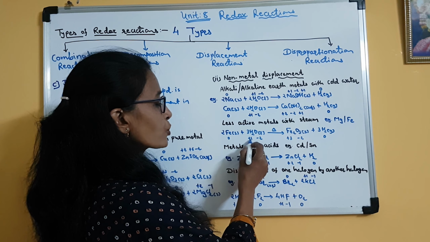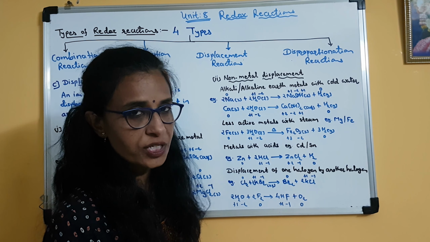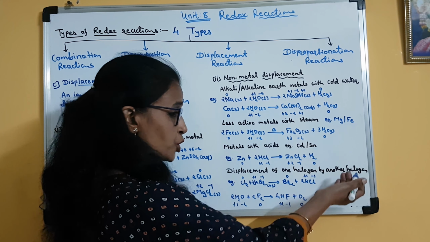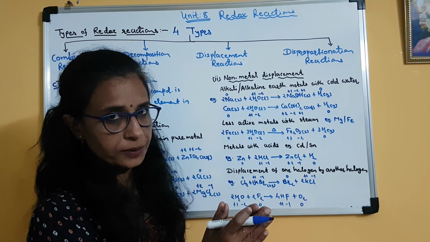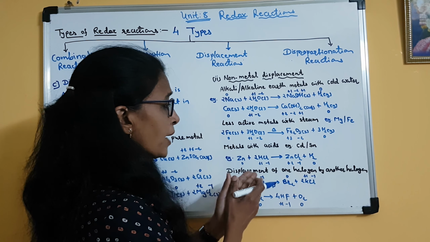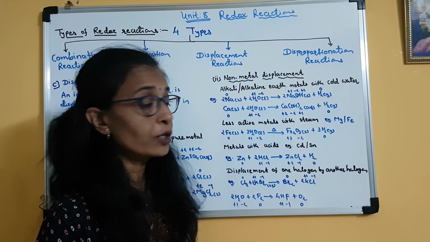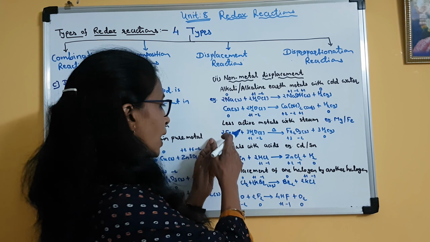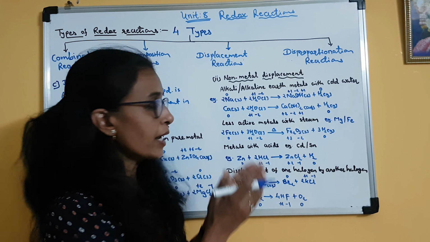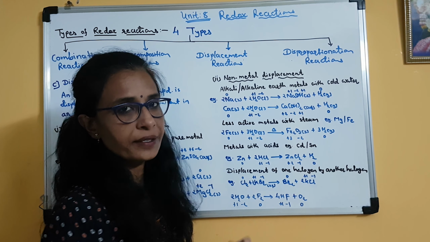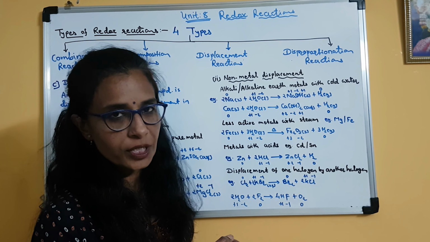In water hydrogen was +1, but in H2 gas it is in zero oxidation state. So there is a reduction, there is a decrease in the positive charge of hydrogen. So here hydrogen from water is undergoing reduction. And who brought about this reduction? Iron. So iron reduces hydrogen and hydrogen oxidizes iron. Clear? So one is oxidizing agent, the other is a reducing agent.